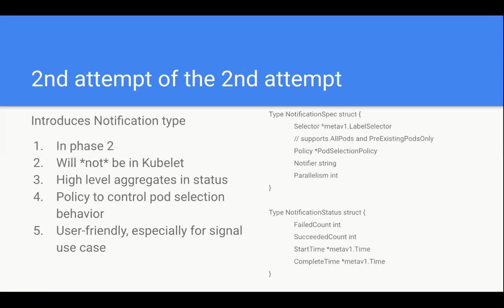Another field we add is called parallelism. If you're familiar with the jobs or batch jobs API, you will find a similar parallelism mechanism over there. This is majorly targeted at preventing users from creating a bunch of jobs, let's say 1,000 jobs, to be kicked off at the same time, which would crash the system. It has a limit of how many concurrent ongoing pod notifications you can have for this notification object.